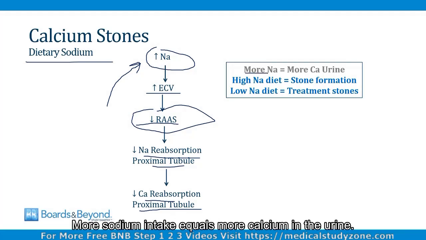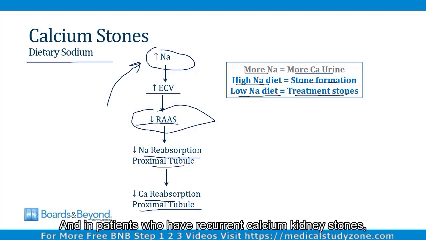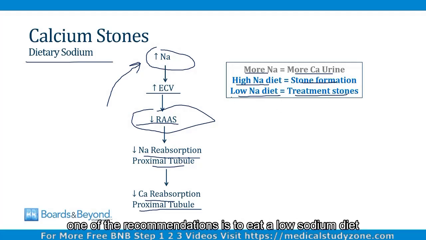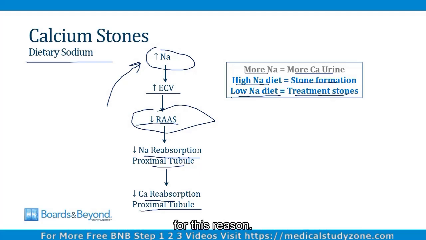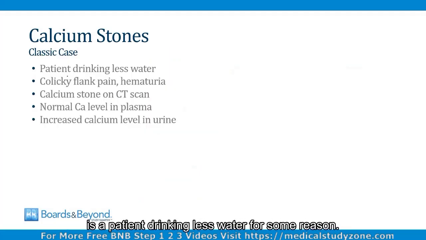More sodium intake equals more calcium in the urine. So patients who consume a high sodium diet are at increased risk for stone formation. Conversely, a low sodium diet can be used to treat kidney stones. And in patients who have recurrent calcium kidney stones, one of the recommendations is to eat a low sodium diet for this reason. So the classic case of a patient with a calcium kidney stone is a patient drinking less